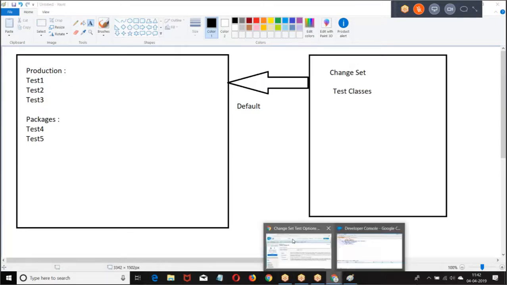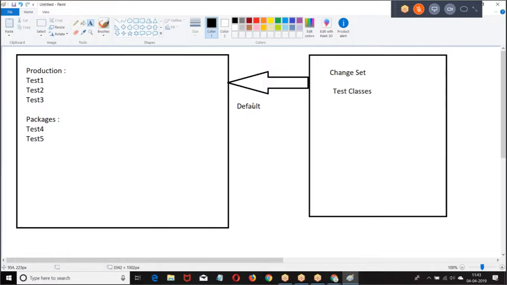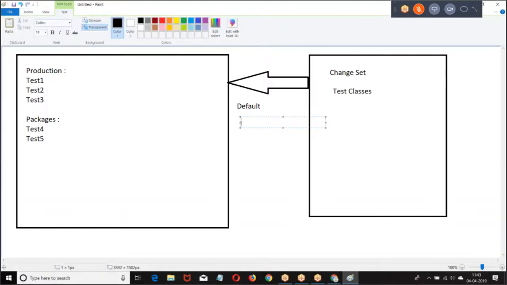Now look at the point. When you say default, if the change set contains any test classes, like ABC test, then what happens? Test 1, test 2, test 3, ABC.